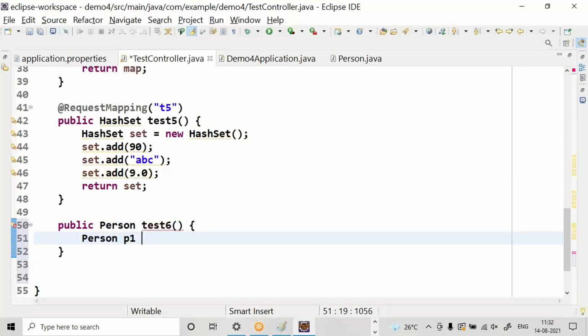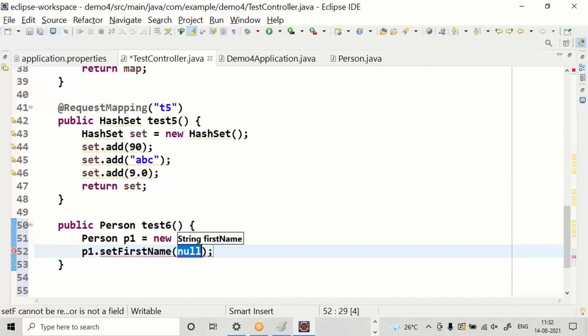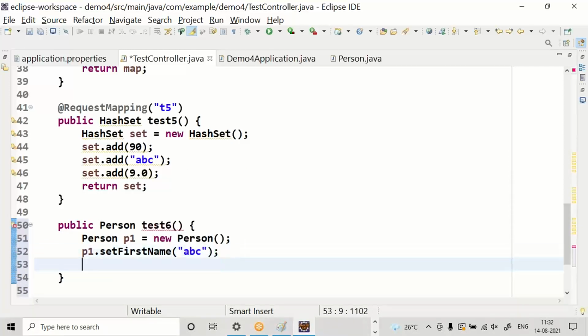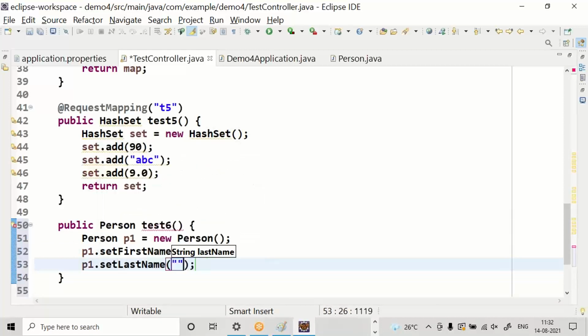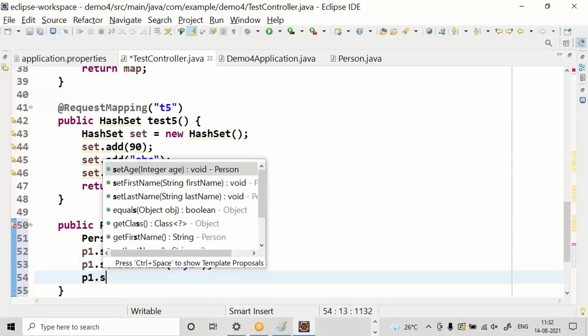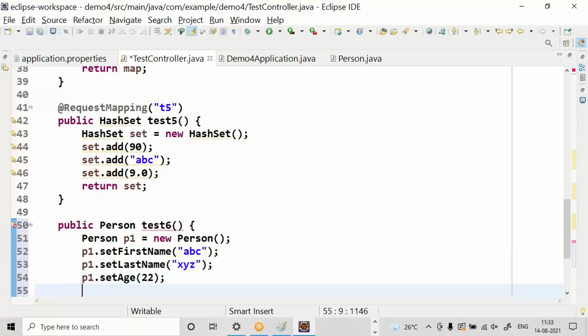Define an object of Person. Set first name. I'm setting the first name as ABC. I'm setting the last name as XYZ. I'm setting age as 22. Then return p1.